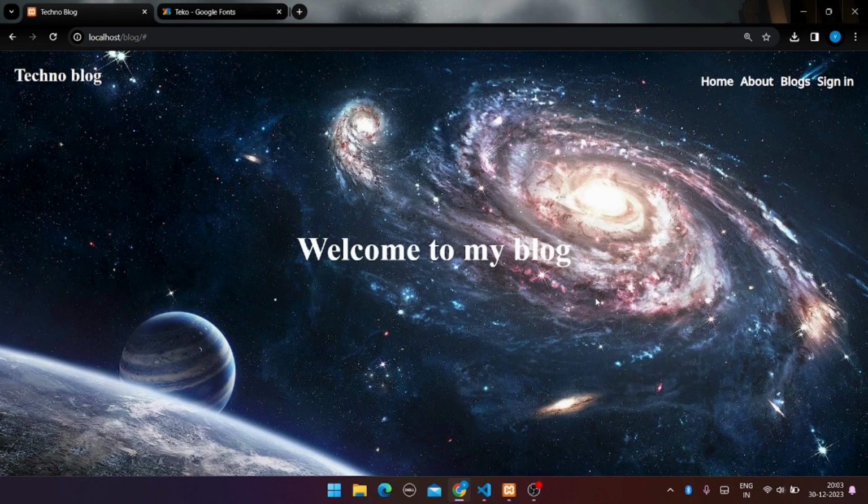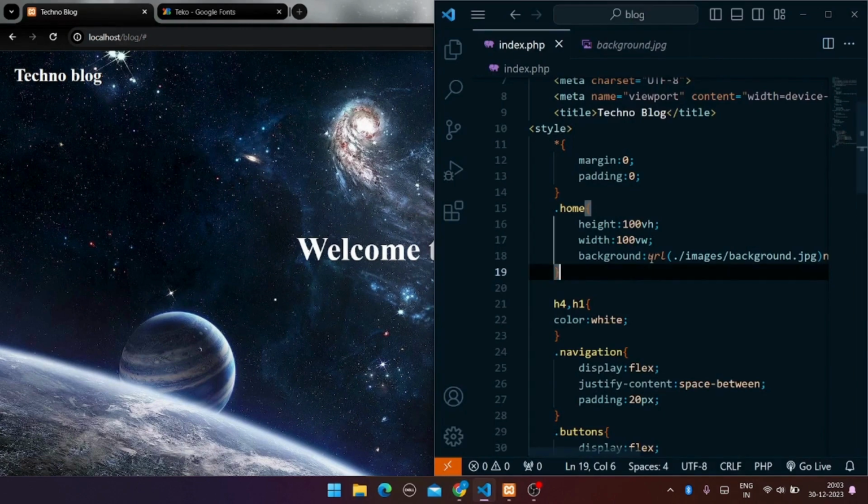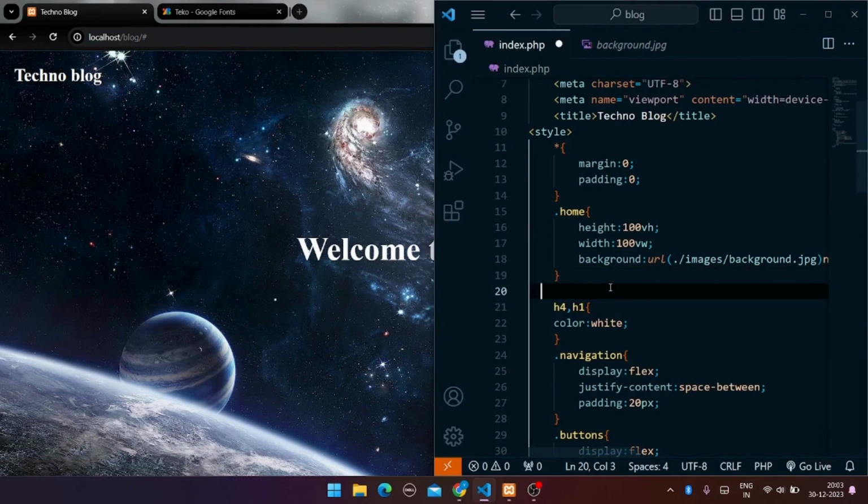And okay, so you might observe one problem: this text, my blog, is not appearing clearly because the background's brightness is stopping this. There is a very simple way to fix it. We are going to simply reduce the background image's brightness so that this text can easily be visible. To do that, we are going to use a before pseudo selector. So .home::before,